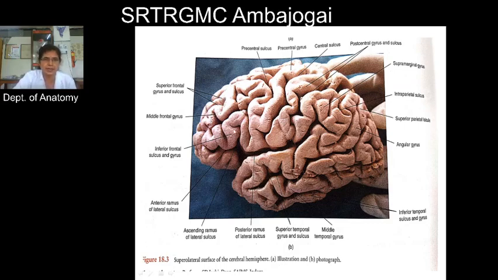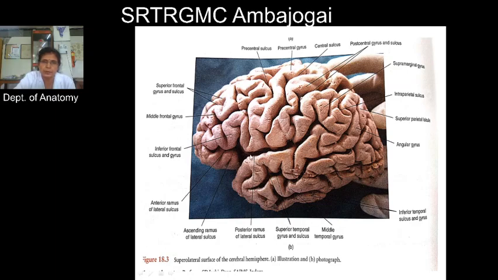In this inferior frontal gyrus, this is the anterior horizontal ramus, and this one is the anterior ascending ramus, and here are these three areas, the pars orbitalis, pars triangularis and pars opercularis. Then in the temporal lobe, there is the superior temporal sulcus, inferior temporal sulcus, and these three gyri, the superior, middle and inferior temporal gyri. Then this is the posterior ramus of the lateral sulcus, and this is the superior margin, and this is the inferior margin of this posterior ramus.